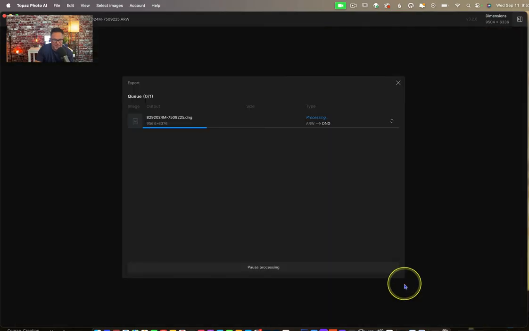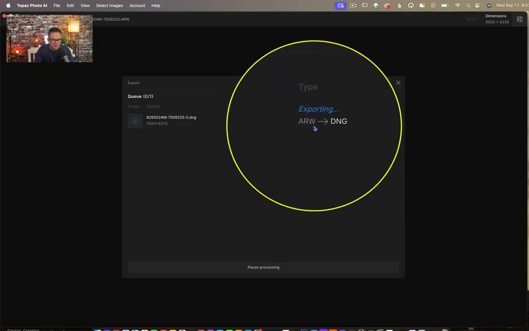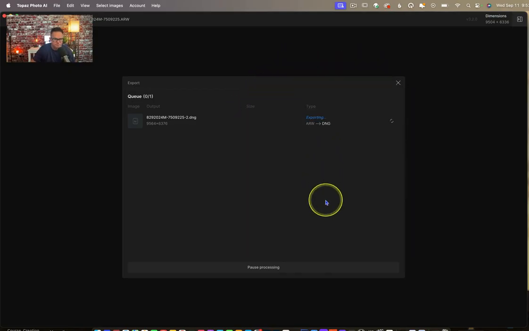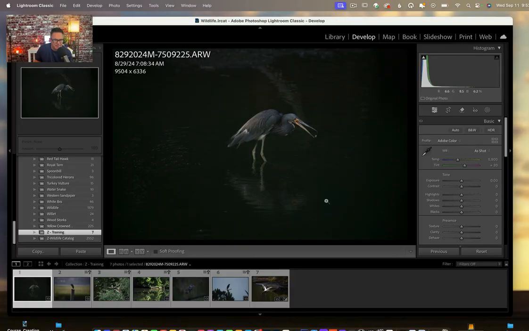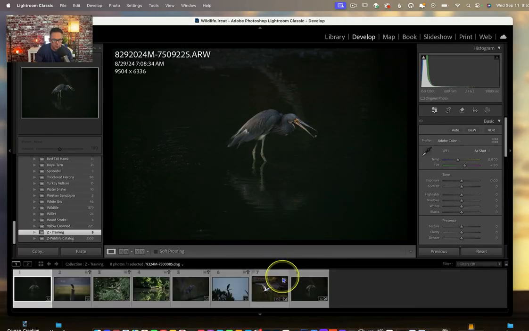So now we're going to just export to Lightroom Classic, and you can see right now that it's going from an ARW, which was the Sony proprietary RAW file format, and it's bringing it back into a DNG. So this will just take a few seconds, and here we go. We're going to be back in to our